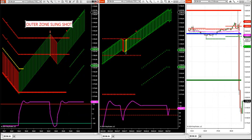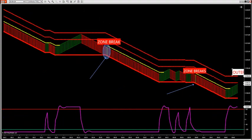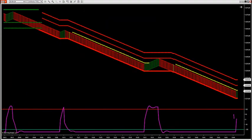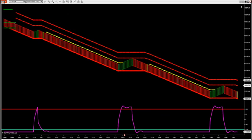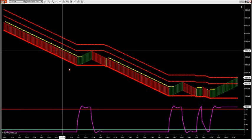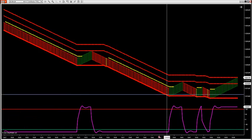So what you want to do is look for holes in the market. So today you can see zone break, big holes in the market, zone break. Yesterday the same way. There's our big holes in the market. Look at our zone breaks yesterday. We had a big hole in the market. What I identified was the target was 52.11. So I identified this target at 52.11 in the room with these traders